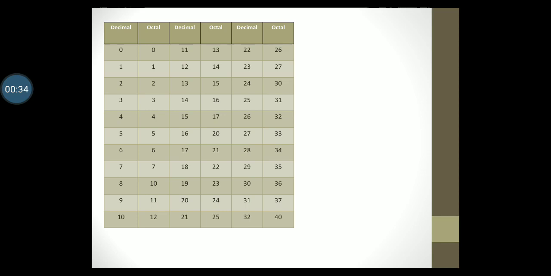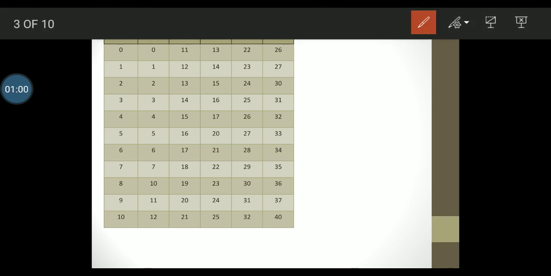In this table, notice that we have 6 columns. The first, third and the fifth column display decimal numbers 0 till 32. The second, fourth and the sixth column display octal numbers for the same decimal number. Let us start from the first column. Notice that the symbols 0, 1, 2, 3, 4, 5, 6 and 7 are octal representations for the same decimal